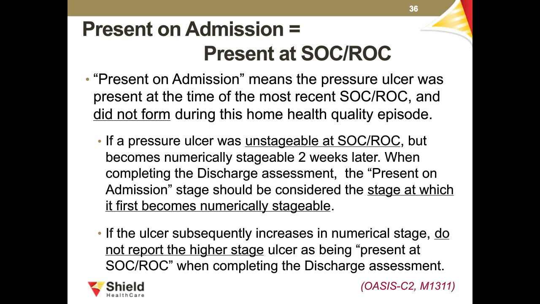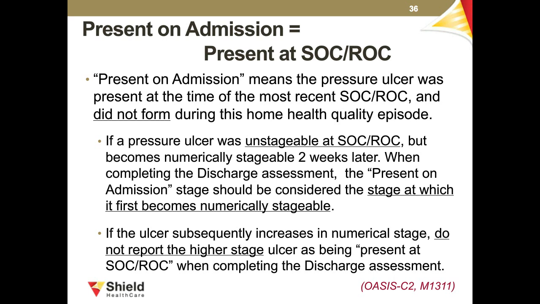So if a pressure ulcer was unstageable at start of care or resumption of care, and it becomes numerically stageable, say 2 weeks later, then that determines what its stage was at the start of care. You don't go back and change it necessarily, but it has an impact when you are answering other questions, and we'll see that. So the first time it becomes numerically stageable, and we knew it was there, but we didn't know what the stage was on admission, start of care or resumption of care,